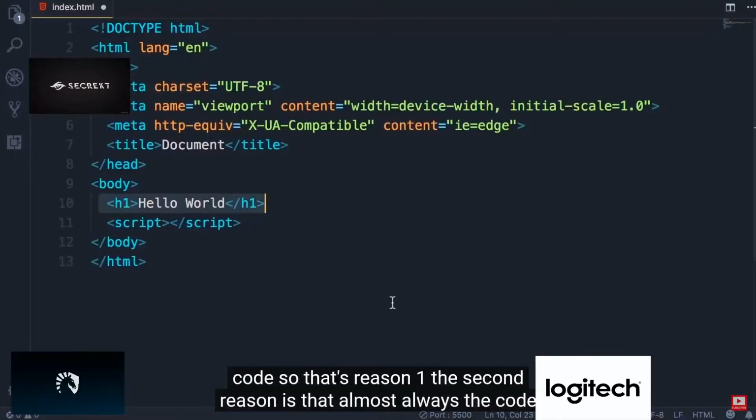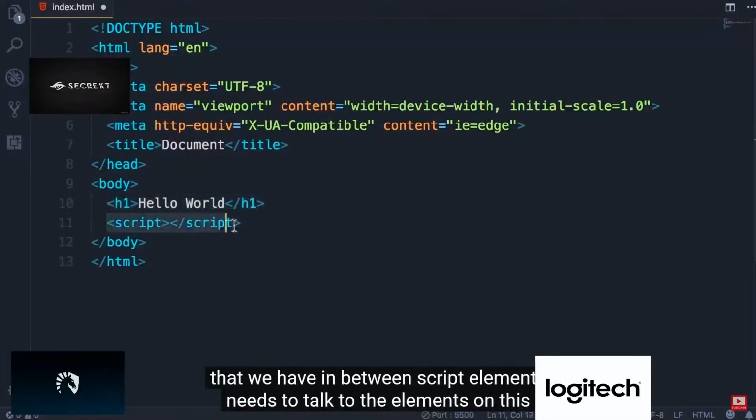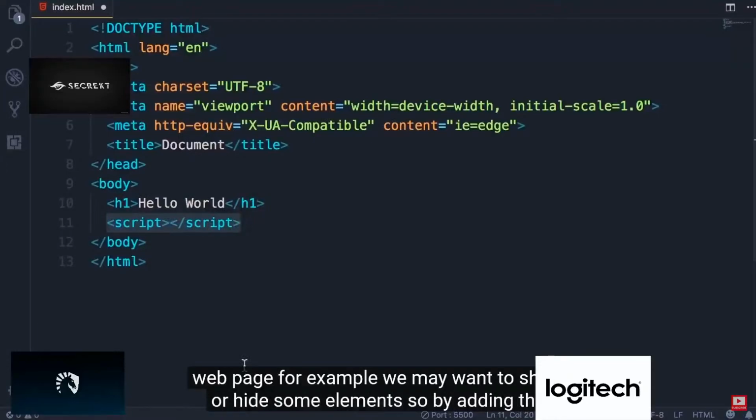The second reason is that almost always the code that we have in between script elements needs to talk to the elements on this web page. For example, we may want to show or hide some elements. So by